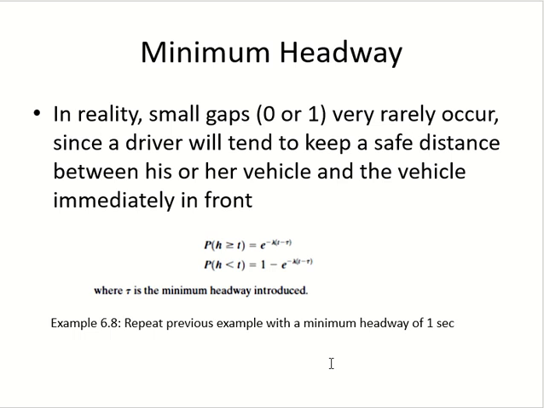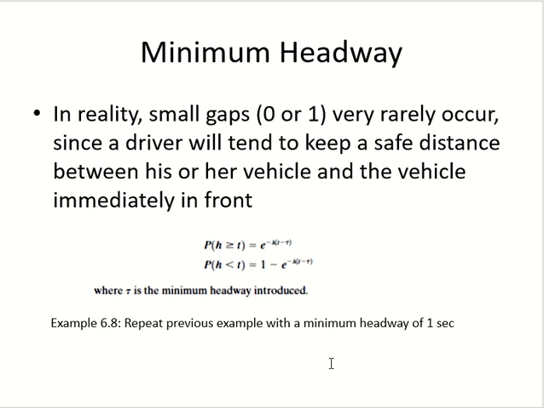So how do we take them out? It was minus lambda into t. So instead of minus lambda into t, we will do t minus the minimum headway. We are calling it tau. What is tau? The minimum headway. Got it? That also means T can never be 0. T should never be equal to the minimum, or less than this. T should always be more than this.